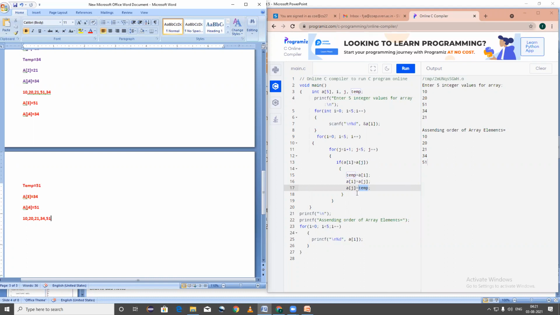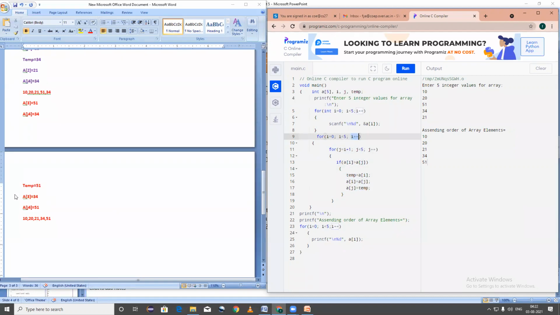Okay, now after this, it goes and increments the value of J variable. That is 4 plus 1, 5. Now, is 5 less than 5? Yes, 5 less than 5. ही condition true आहे का false आहे? False आहे, sir. So it will not execute this loop. So it goes and increments the value of I.